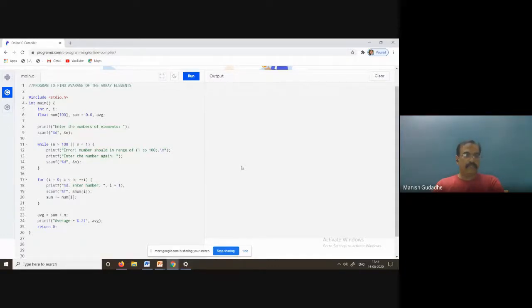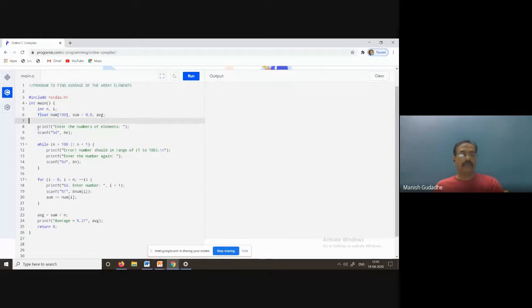Now you can find that there is a program where, just like the previous program, we have n and i defined. n will be the number of elements or the size of the array, and i will be the count on which we are going to work. Okay. See here, float num is another array which is capable of holding 100 floats. But again, we are going to enter the size of the array.